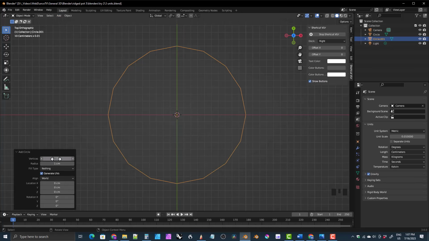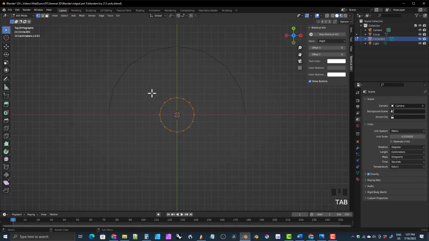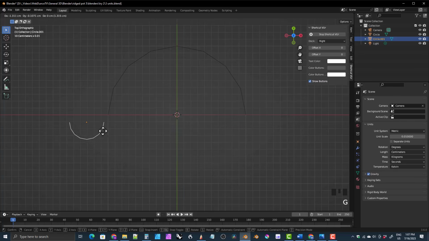This time still with 16 vertices, but we're going to make it 0.25 centimeters. Okay, so a much smaller circle. We'll go into edit mode again, and this time we'll delete the upper vertices. All right, and back into object mode, and we're going to drag this over here, and we're going to press